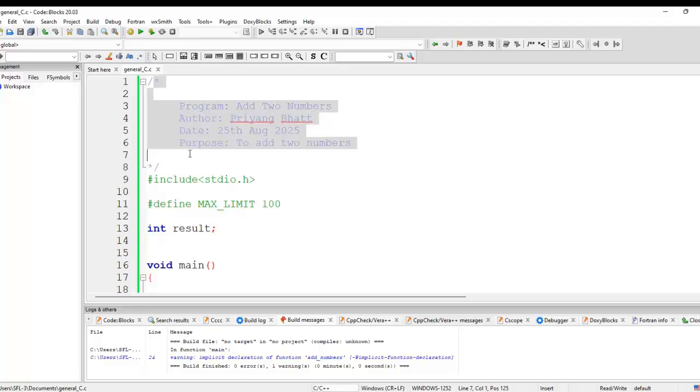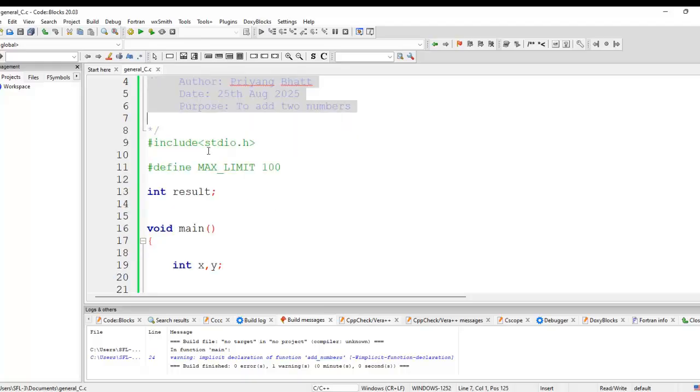Documentation: the nameplate, program info. Link section: electricity or internet, stdio.h, the standard input output .h header file for input and output, printf and scanf, that we are getting from here, like electricity and internet. Definition section: house rule, MAX_LIMIT 100, fixed rules for our house.